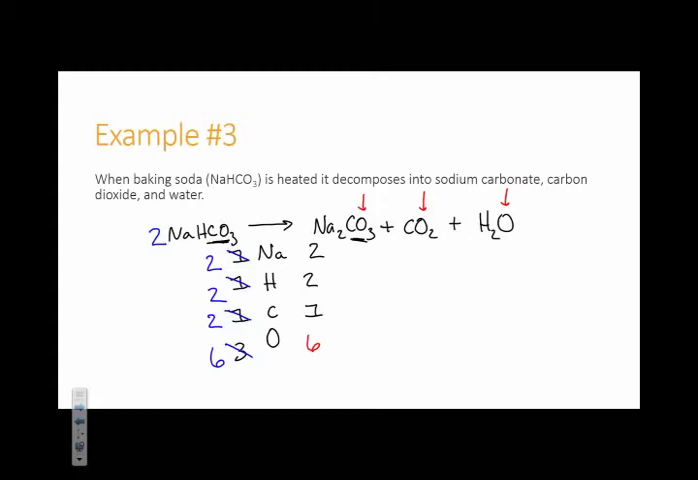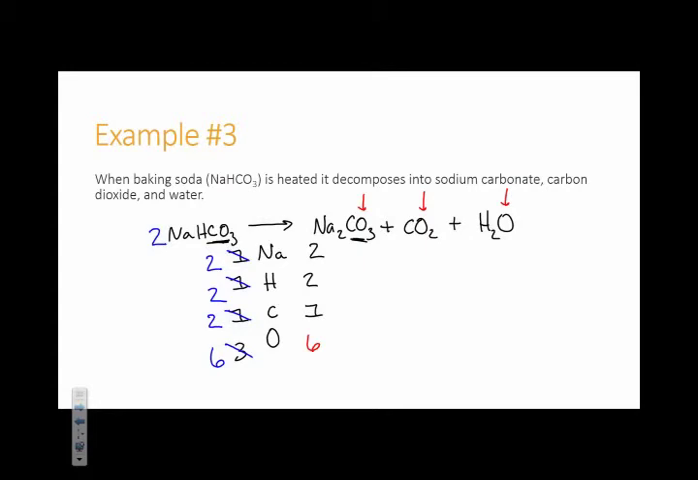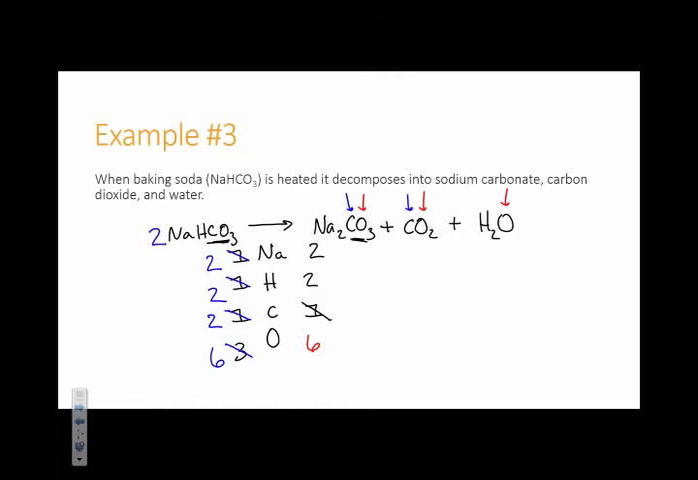I made a mistake on my carbons. Did you catch that? Hey look, I had carbons in 2 places. I had a carbon here, and I had a carbon here, which means in my products I had 2 carbons, not 1. Which means those are